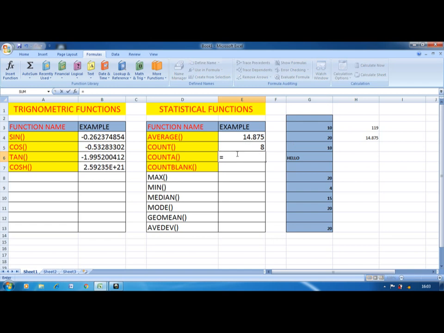Then the next one is COUNTA. This function returns the number of arguments in the given table. Again the same range, from here to here.